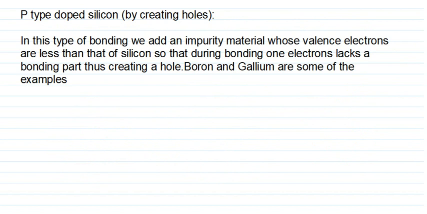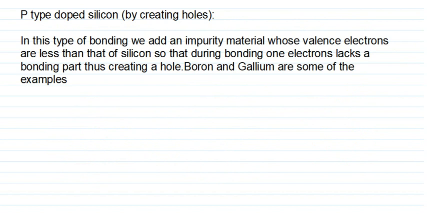As you have seen, for an n-type, we are adding more electrons. But for a p-type, we are creating more holes in the atomic structure of the silicon, and these holes are created by